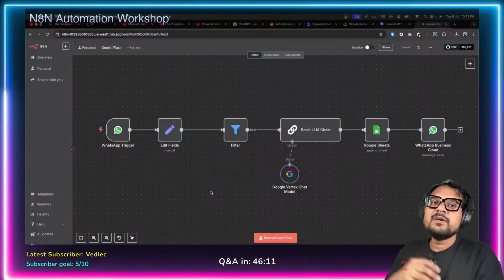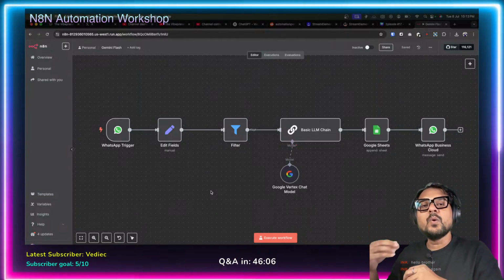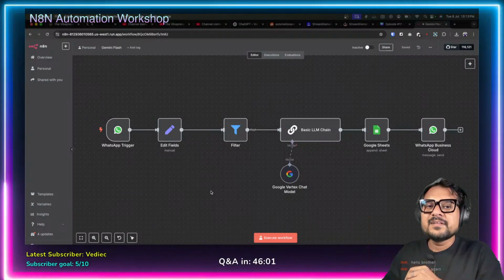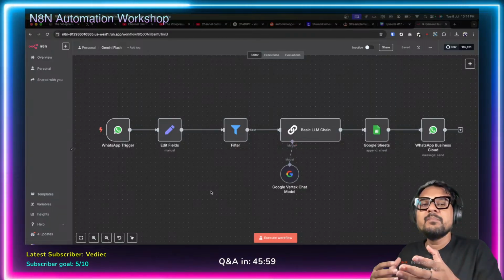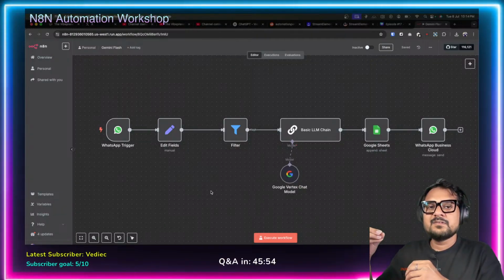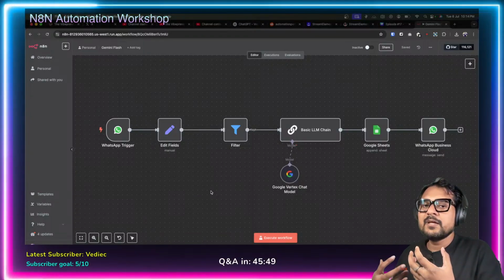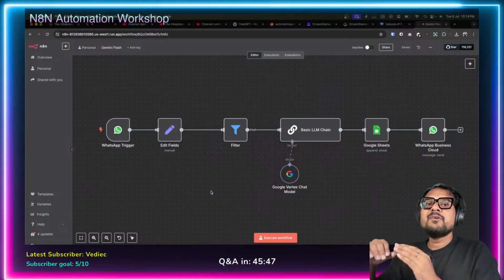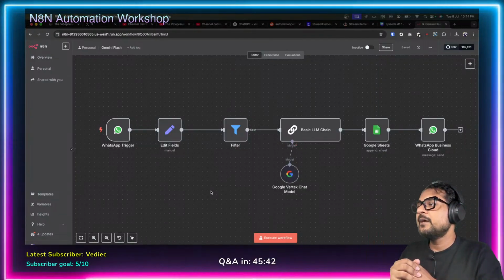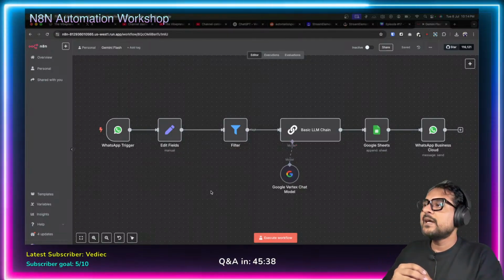Why are we filtering it? The WhatsApp trigger does not get triggered only when somebody sends a message. Sometimes Facebook also sends you read receipts, that is, when somebody has read your message, you receive a message on our WhatsApp trigger. That message says this message has been read, and that is not a message which you want to process. So that's why we have put a filter, so that it will discard those sorts of messages out of this workflow. And then next is the very important brain of our workflow, that is this basic